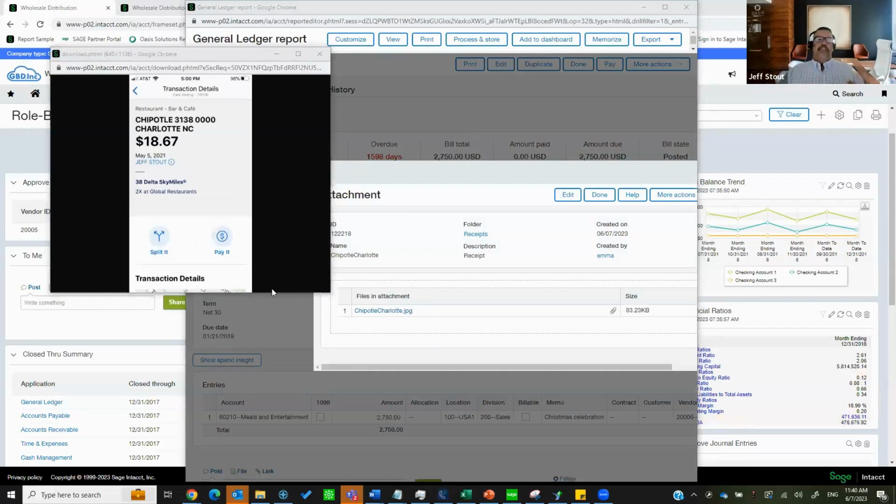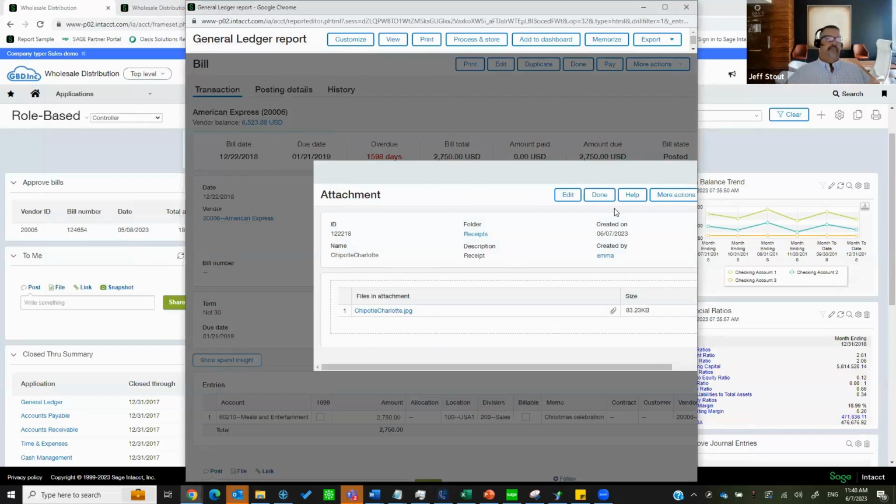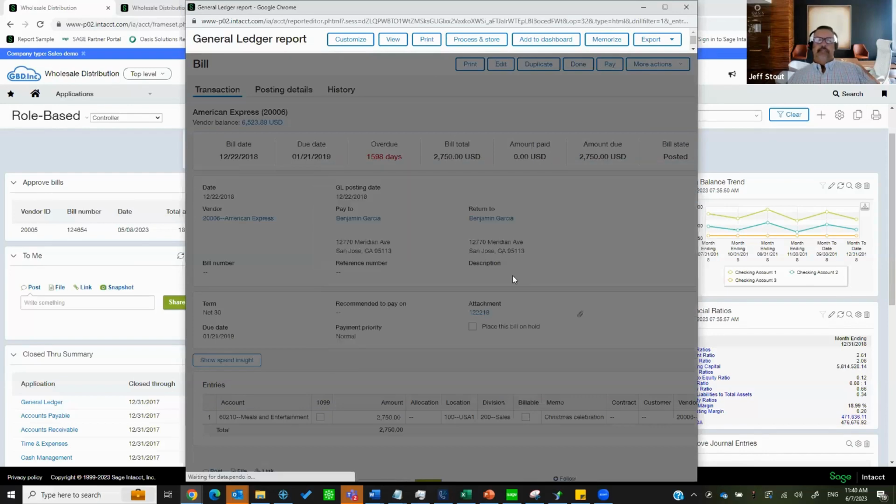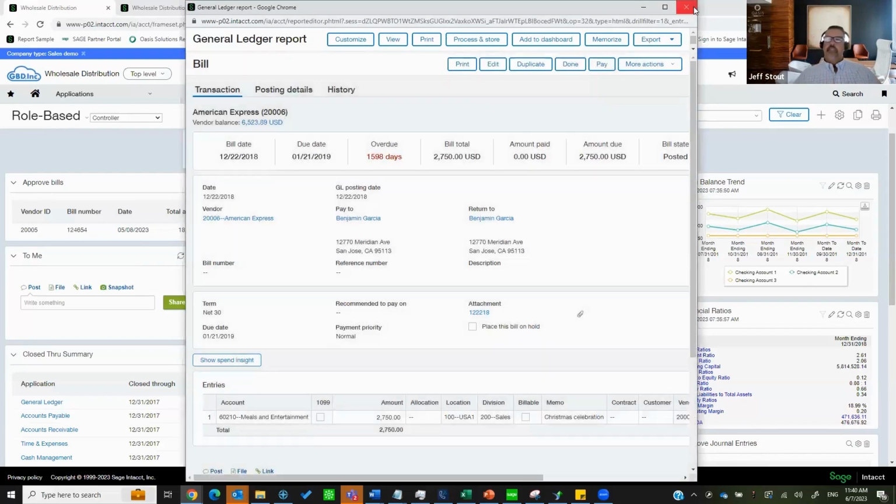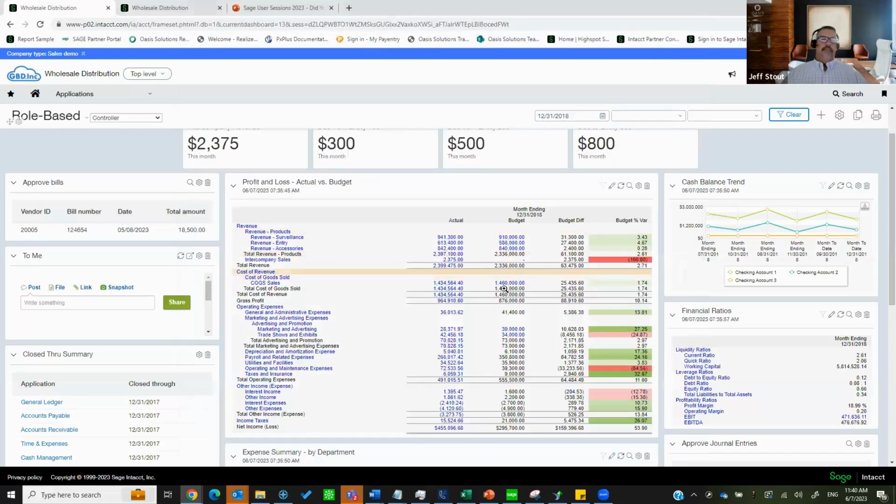Okay, so you'll see very quickly and very easily that I'm able to take a summary amount of information on a P&L report, and with 3 or 4 or 5 clicks of the mouse, drill down into transaction level detail. So when we talk about actionable and accessible data, it's very easy for me to drill down and see from a summary account to get the detail of the information that I need to see. Okay. So let me close a couple windows, get back to my